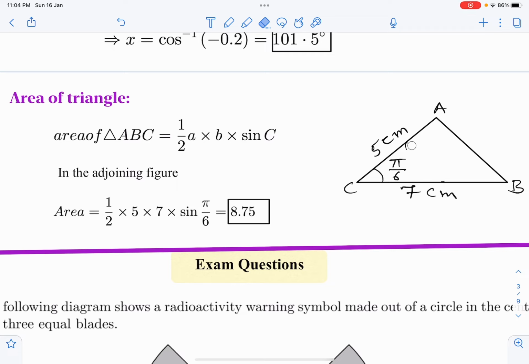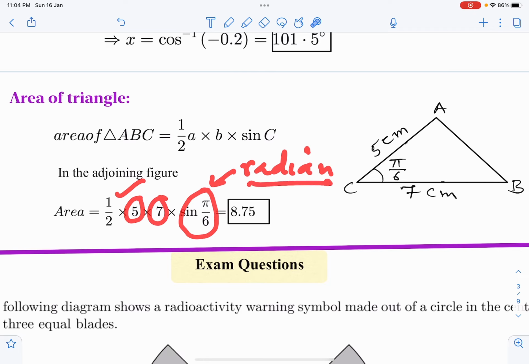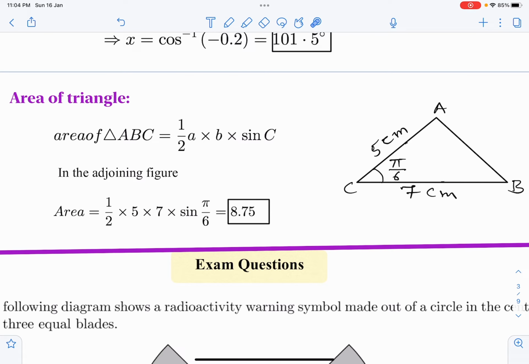I have to only cancel what I wrote here. Okay. Anyway, so half times 5 times 7 into sine of pi by 6. Now onwards I am going to use radians because you must know how to use radians to find area of sector, area of segment and so on. So my answer is 8.75. Of course you have to use the calculator. I think this is the best calculator. Okay, Texas CX2 N Inspire CX2, but some students use TI-84 also. So I hope that is also good. But I have with me this calculator.